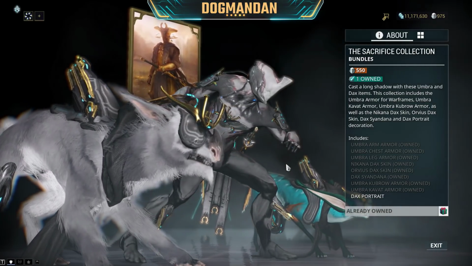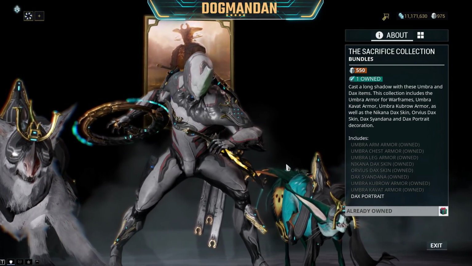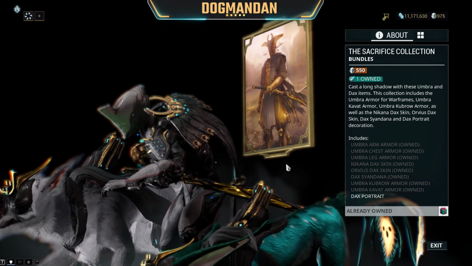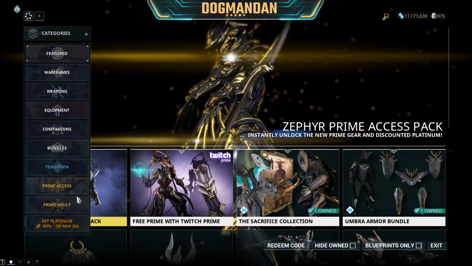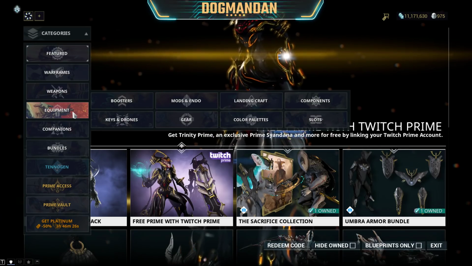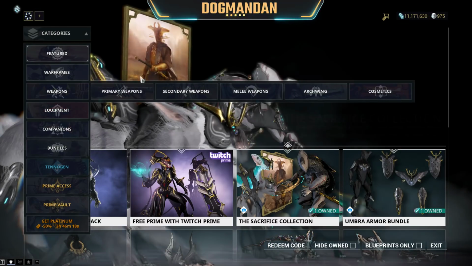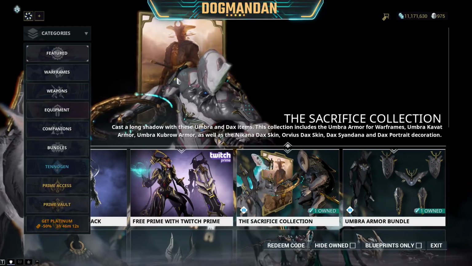You will see everything that comes with the Sacrifice collection, a 550 plat bundle. I don't have the Dax portrait. They didn't give that to us. Messed with me. And that Dax portrait's pretty cool looking. I'm assuming I can probably get it through here if I look in some stuff. Where is it? Equipment, gear, components. I don't remember. Bundles. Anyway, I could probably get that if I wanted to. Oh, look, I have platinum available to buy, but yeah, no. Anyway,